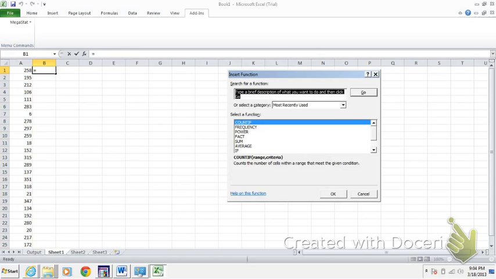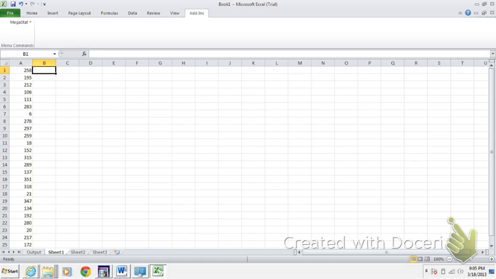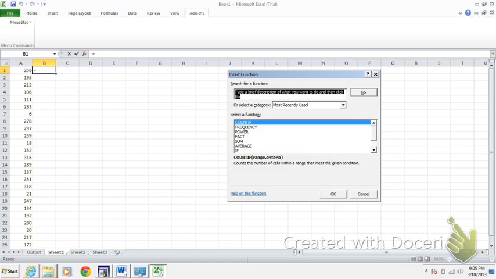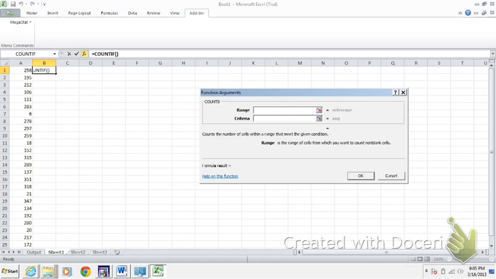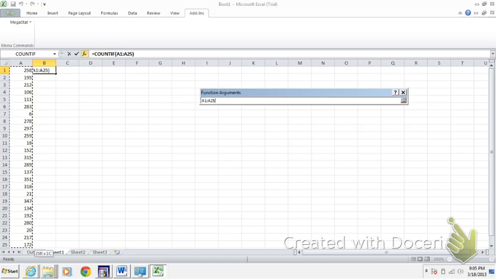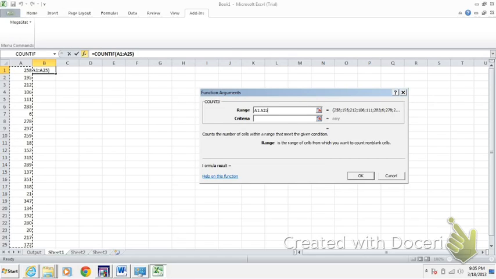So you see I'm going up here into the function window, and let me show you where I did that. I went up here and I hit f of x for function, and COUNTIF, if you don't have it, I have used it recently. If you don't have it, you can type it in here. COUNTIF, hit OK. And it asks you range. And your range is going to be the whole range of values that we have here. So I'll highlight that. And your criteria